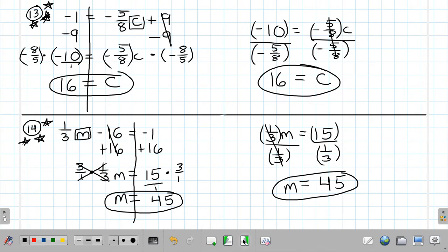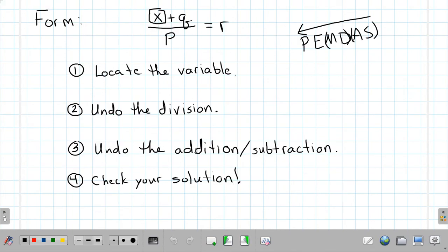Okay. So the last part of the two-step equations is dealing with another form of two-step equation, which once again, if you deal with equations and you look at the order of operations, that should be all that you need to know. Because once again, if you look at this form, we have x here, which is what I've said we're going